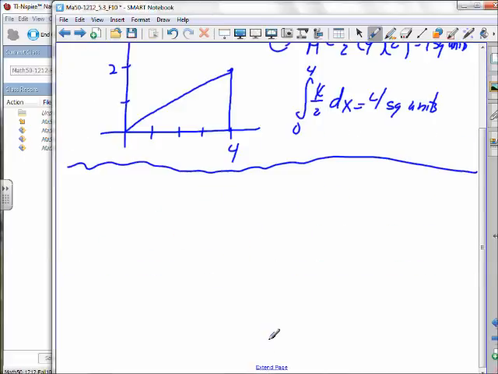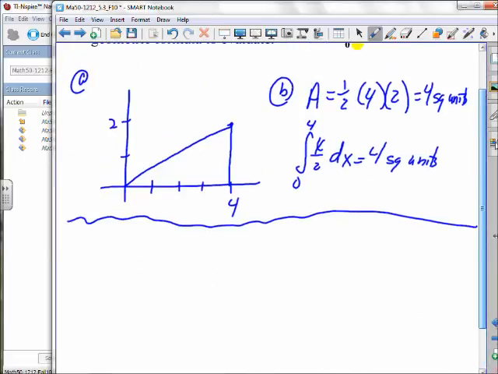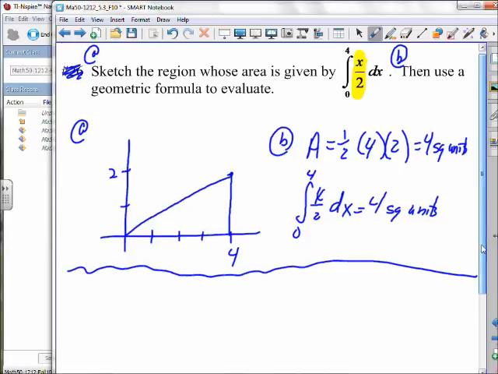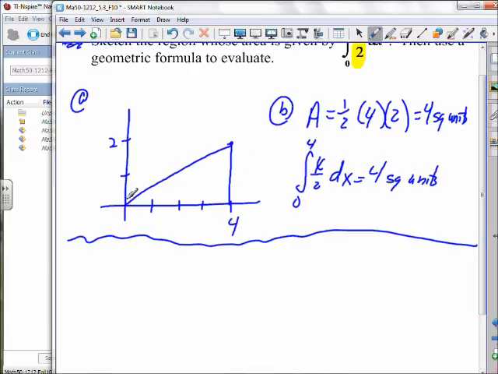And this is now going to be back to section 5.2. So if you have looked at that section and you have a general idea what's going on, you'll know what I'm doing here. Okay, so if I want to find the area under this line, we know the answer is 4. But how would we go back to section 5.2 and set it up that way so we get an answer of 4? Well, first thing we have to do is take the limit as n